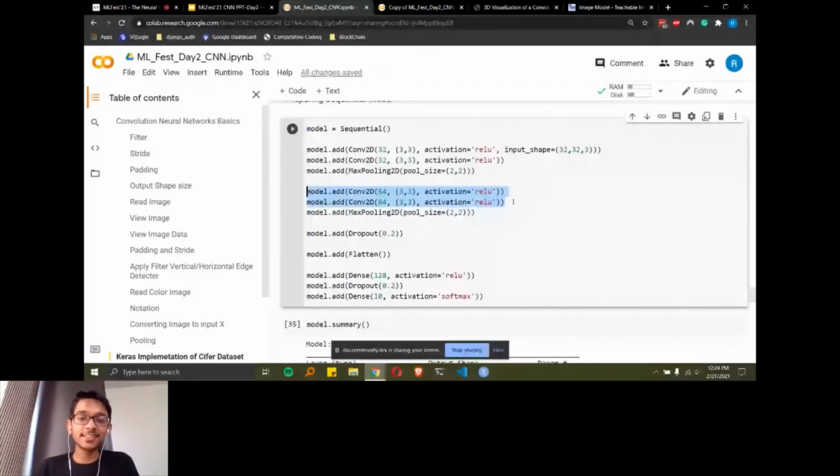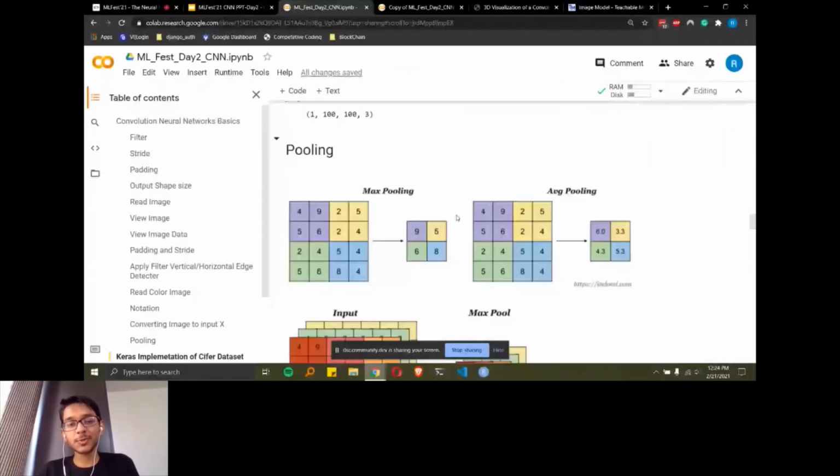After that we have again done max pooling. Max pooling is for what? If images are big and we have to apply each and every feature of that, it will take a lot of time. So max pooling and dropout are kind of reducing the dimensionality. Max pooling specifically is for dimensionality reduction of that particular image. We are taking a pool size of 2 by 2, just as we saw in this example, a 2 by 2 filter matrix for the max pooling. So the receptive field was taken as 2 by 2.